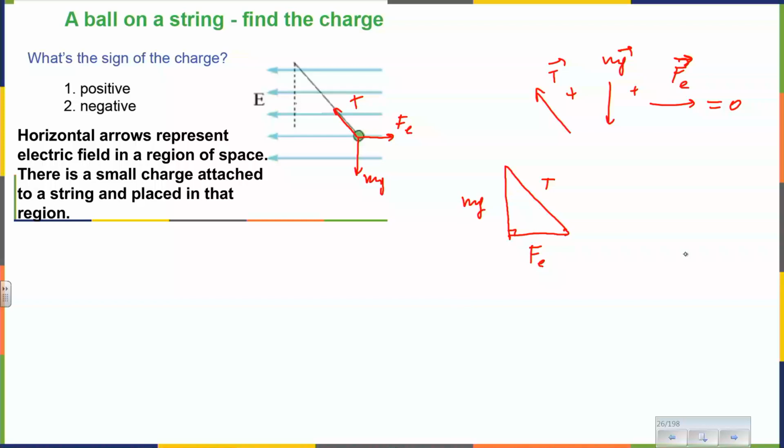Nothing new. The only new equation now is this. If we want to, we can relate the magnitude of this electric force with the magnitude of electric field. And of course, there might be an angle involved. So we immediately can write the same expression